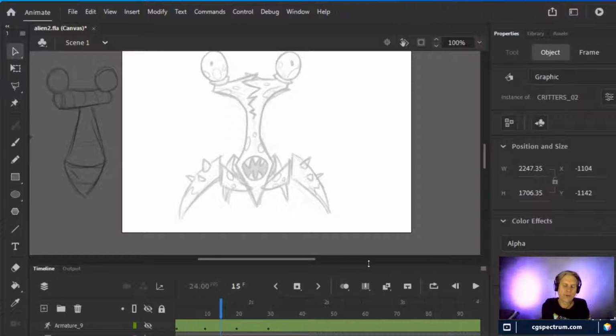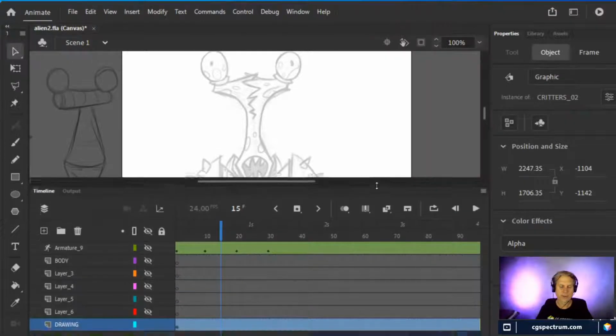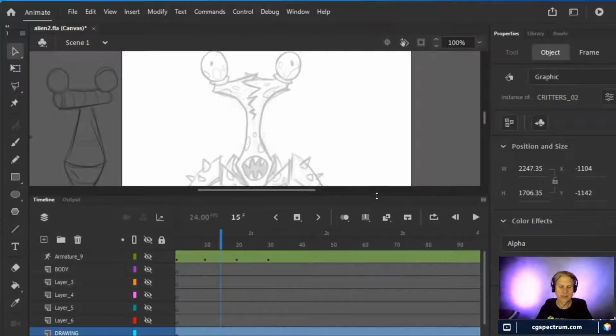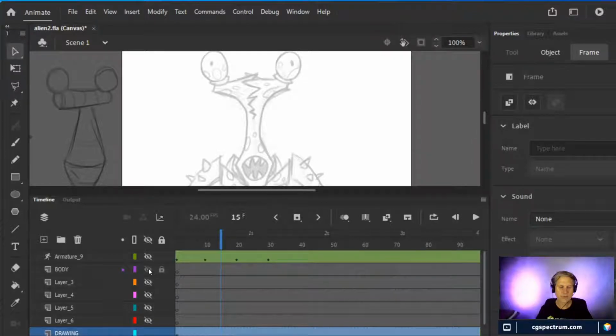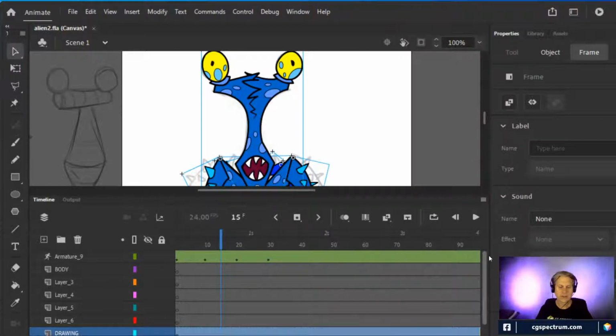Would I do it all as one piece, or would there be two pieces for the upper leg and the lower leg? If I remember right, I ended up doing separate parts for the upper and the lower. Let's take a look. So first of all, the body. Let's turn on everything. There we go. It's all on one piece.